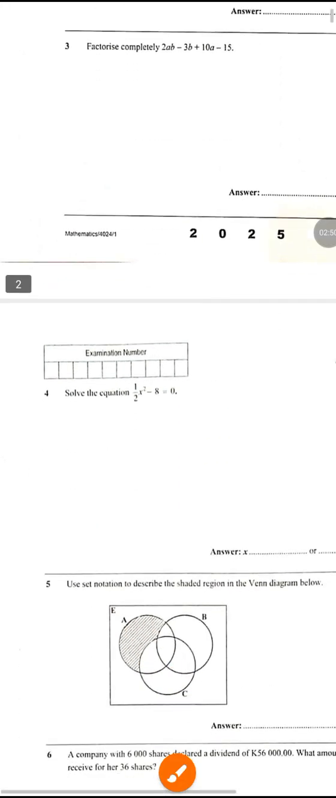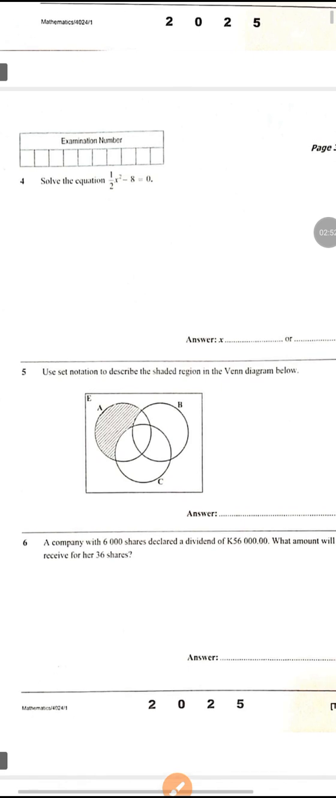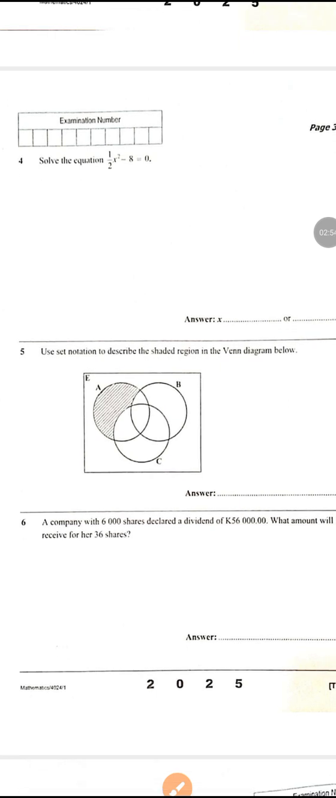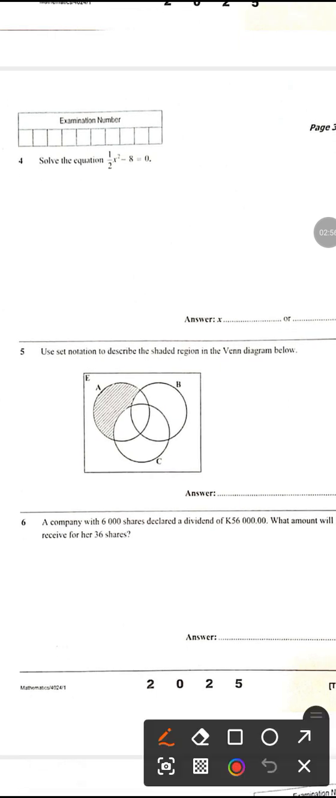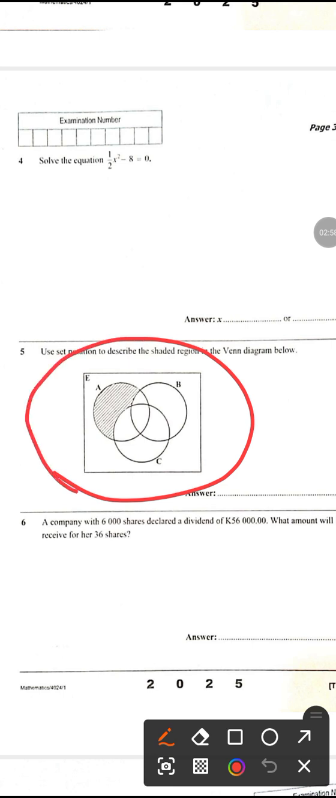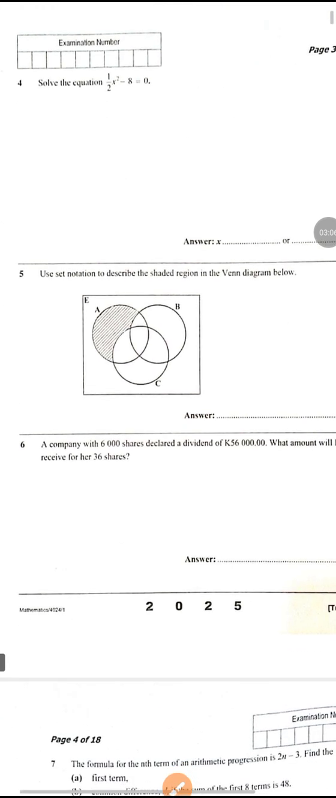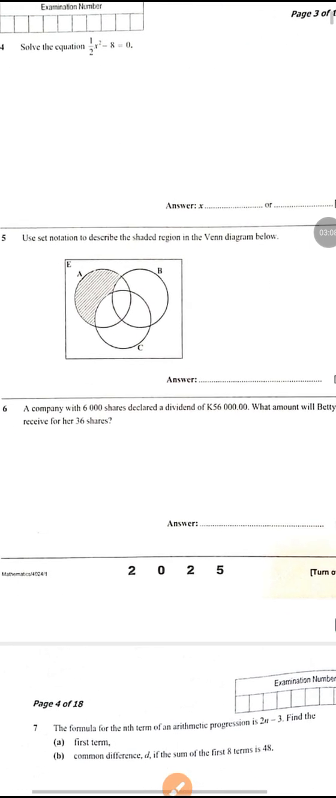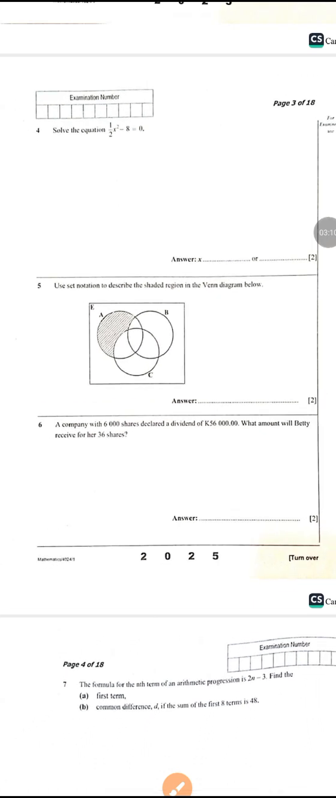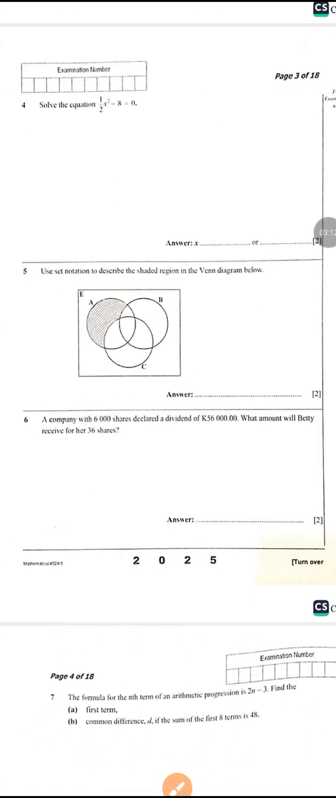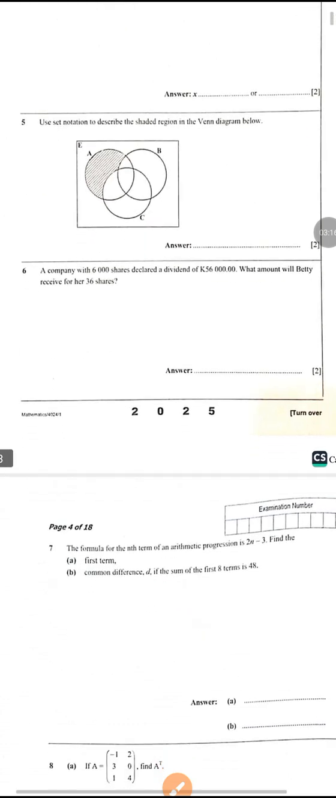All right, then what was the fifth question? This is the question, and by now I believe that you know that in each and every paper there is this question. In fact, Mathematics Paper 1 is just the same. They just change the numbers. Hope you're able to see. And then you can even see this question, which is question 6, based on the topic of dividends and shares. And then we're having question 7,